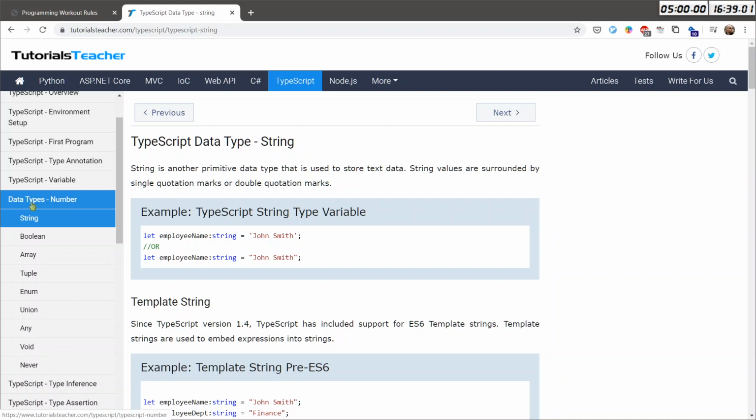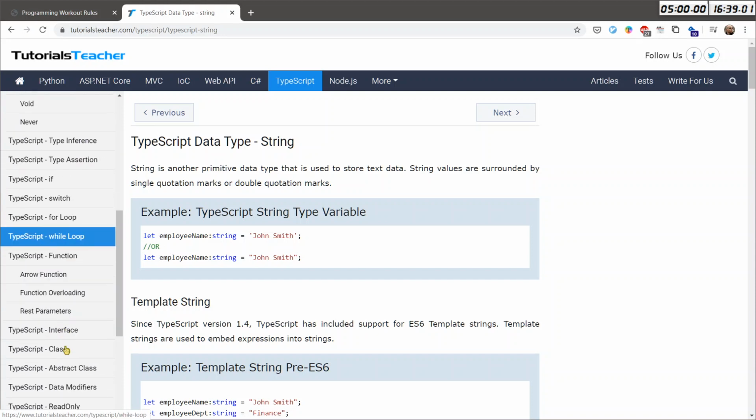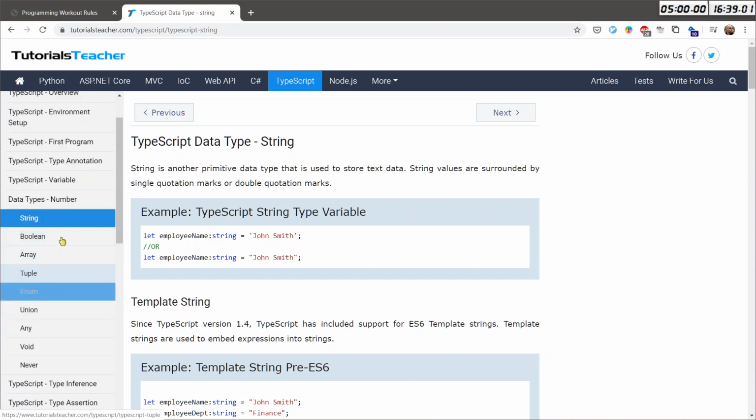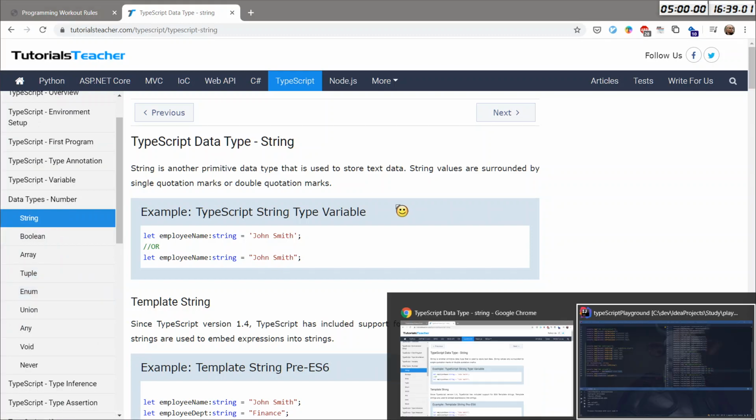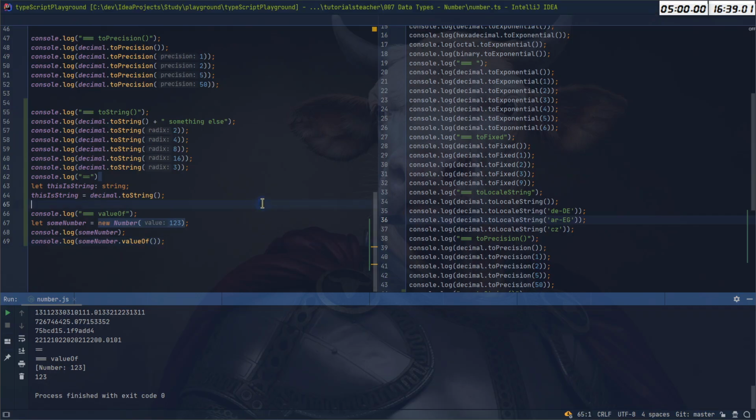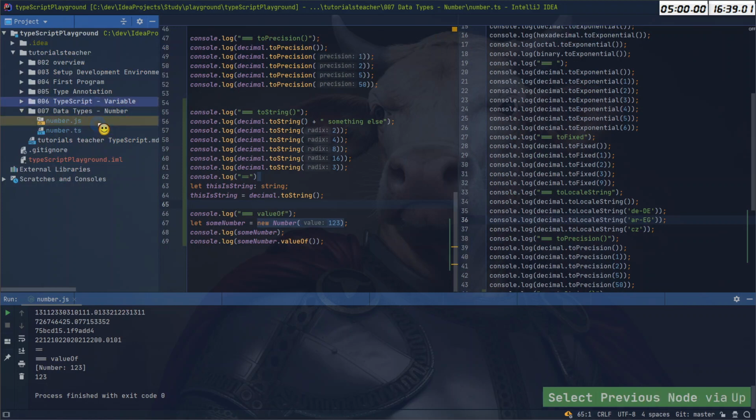How can it be like data types number inside of, well, maybe it's just string. Function, arrow function, whatever. It will be string in here, and I will say